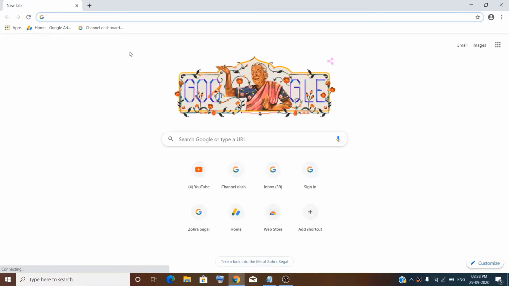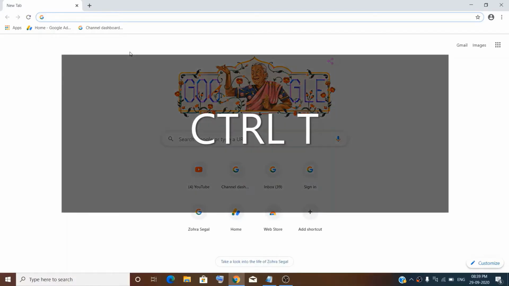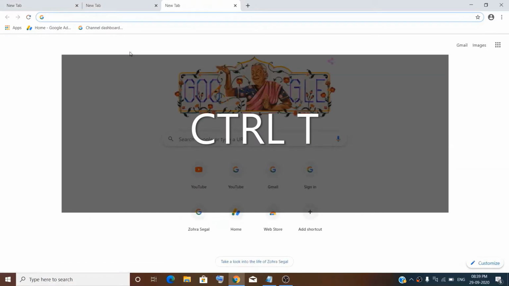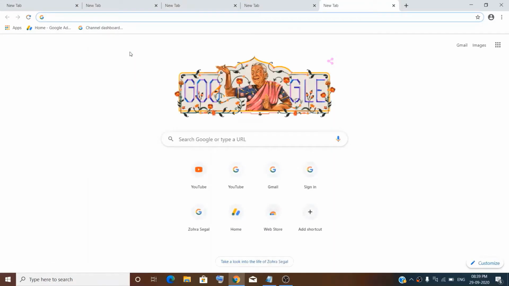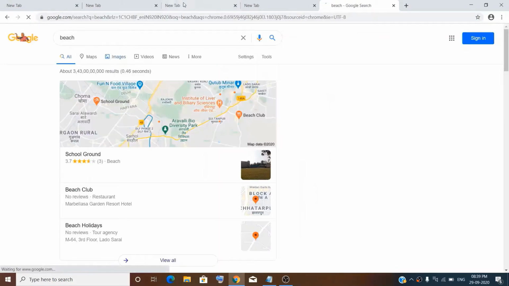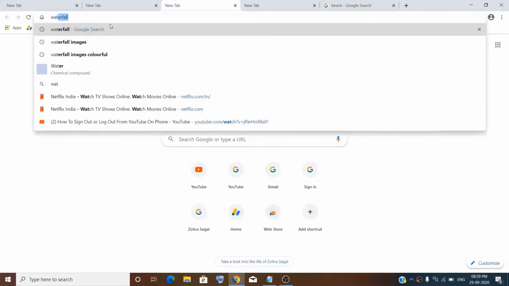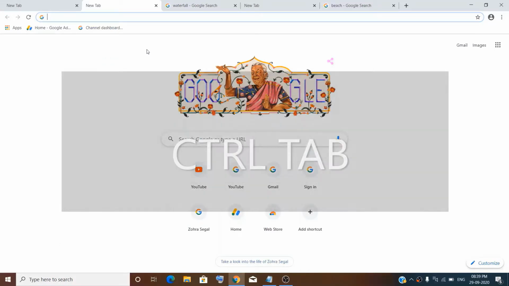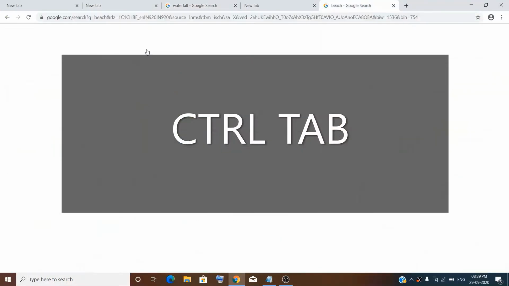Now to open a new tab, you can simply use Control T, like this. So you can open a new tab like that. And then let's say I type beach, and then this one waterfall. So now in order to go to the next tab, I can just use Control Tab like this, or you